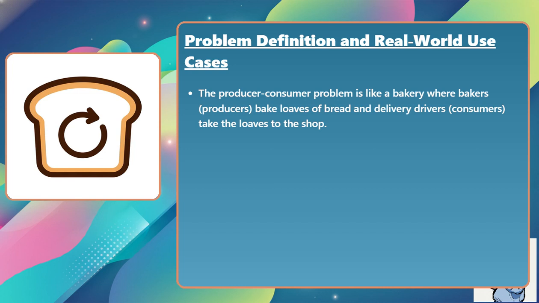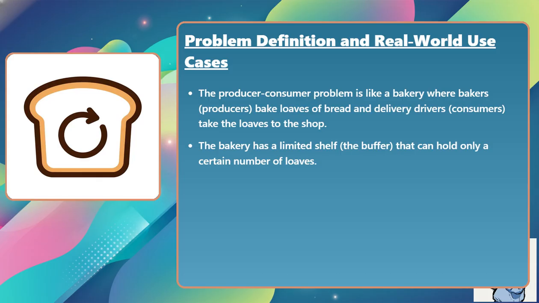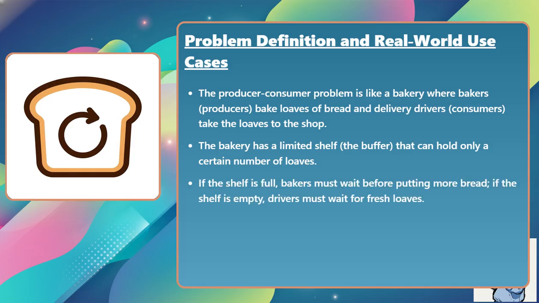The producer-consumer problem is like a bakery where bakers, who are producers, bake loaves of bread, and delivery drivers, who are consumers, take the loaves to the shop. The bakery has a limited shelf, which is the buffer that can hold only a certain number of loaves. If the shelf is full, bakers must wait before putting more bread, and if the shelf is empty, drivers must